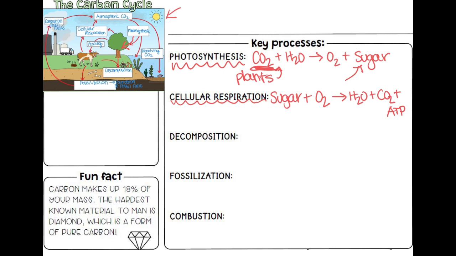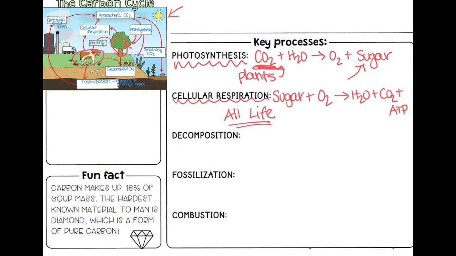So who does this? All life. All life does cellular respiration. So, do we do cellular respiration? Yes, absolutely. Does this cow do cellular respiration? Yes, it does. Does this plant do cellular respiration? Yes, it does. It does both photosynthesis and cellular respiration. So the whole point is the carbon is going back into the atmosphere with cellular respiration. Okay,